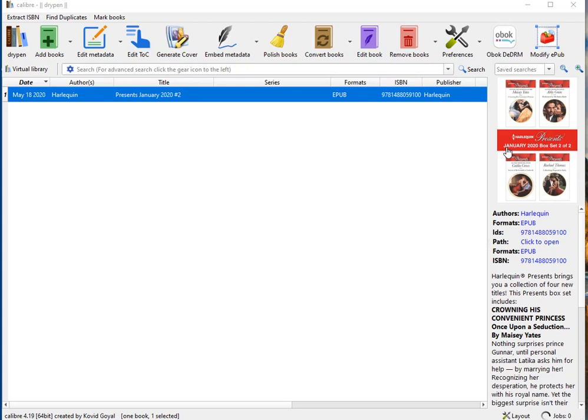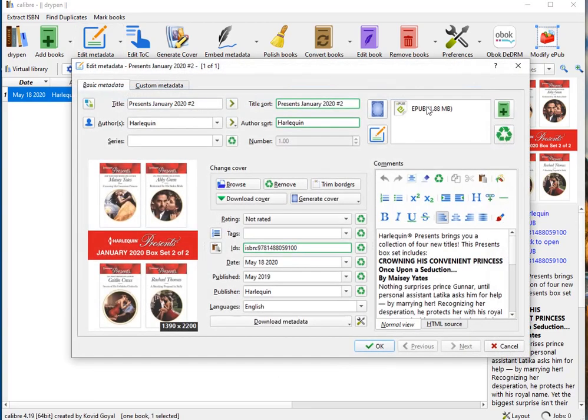If you're anything like me, you like your Harlequins, and these multi books. They have more than one book, anthologies or whatever. I prefer this because it's more bang for your buck, especially when you're working off of a library book or whatever. But the problem that I was running into is, they have four different names and there's four different authors. So what I started doing is changing them to Harlequin for the author, and then,